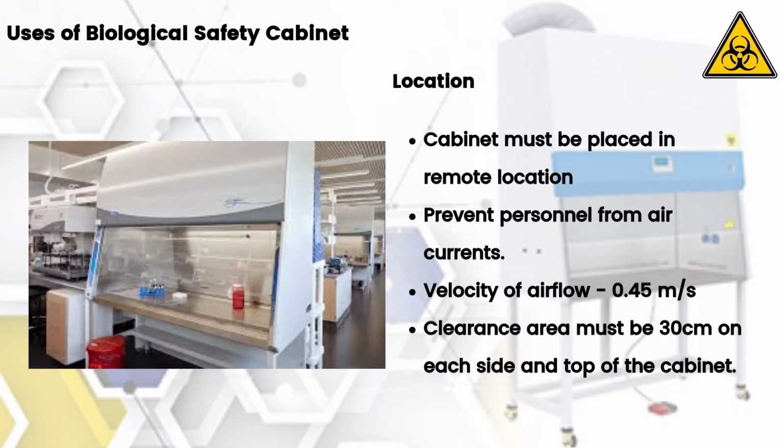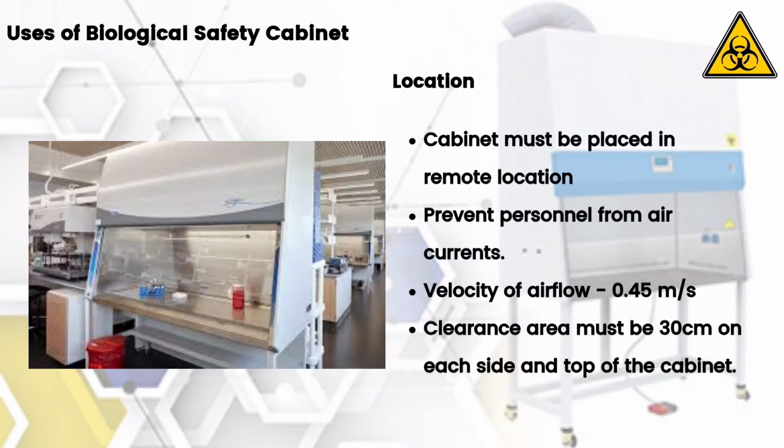Biological safety cabinets must be placed in a remote location to prevent them from air currents. This occurs when a person crosses the area where the biosafety cabinet is kept, and also due to open windows and the opening and closing of doors. The velocity of airflow inside the cabinet is approximately 0.45 meter per second. Due to the directional flow, the flow of air is fragile and it may be interrupted